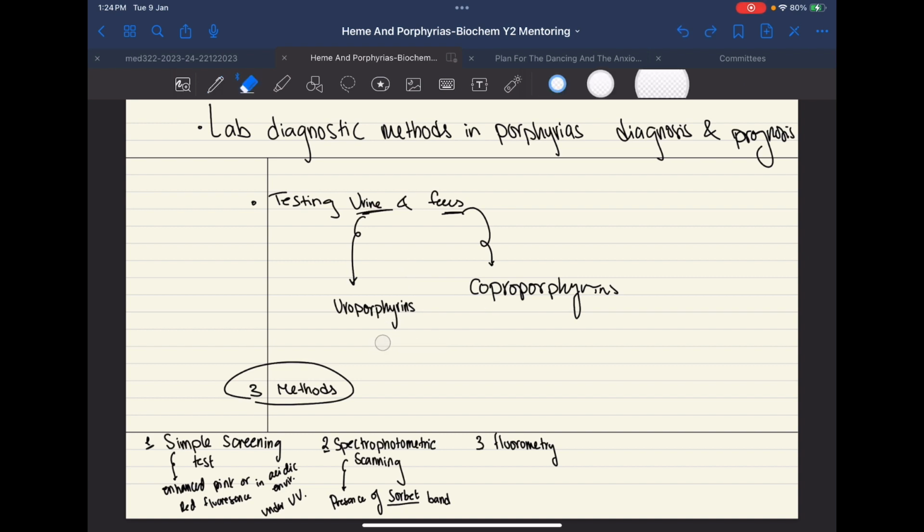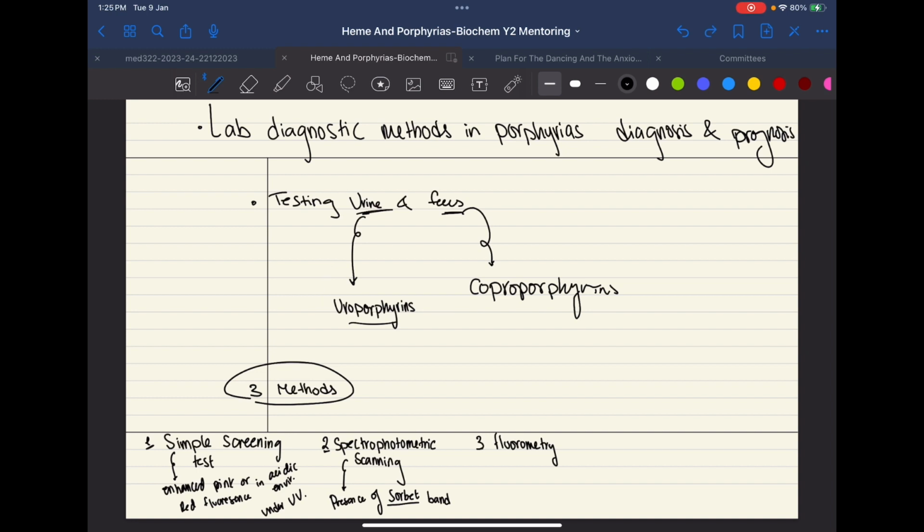And the reason I'm mentioning this is because this point could come in a which of the following is false question, where your professor might try and trick you and ask you which of the following is false and put one of them as coproporphyrins are only found in the feces. That is false because coproporphyrins can also be found in the urine, but mostly found in the feces, which is why we test